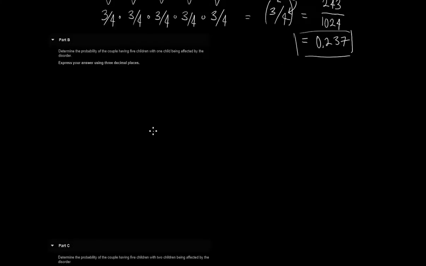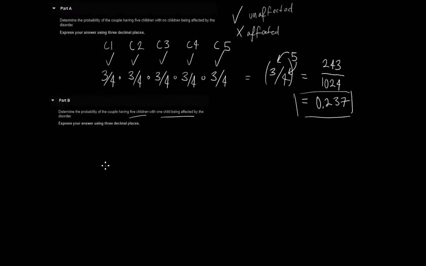Part B is asking us to determine the probability of the couple having, once again, 5 children. It's going to be this way in all the parts. But this time, 5 children with 1 child being affected by the disorder. Before I go to that, I'm going to cover a common mistake that people might make when they approach this problem. Just like above, if you were to map out each child, you might say that child 1 is okay, child 2 is okay, child 3 is that one child that's affected, child 4 is okay, child 5 is okay, and then just like above,